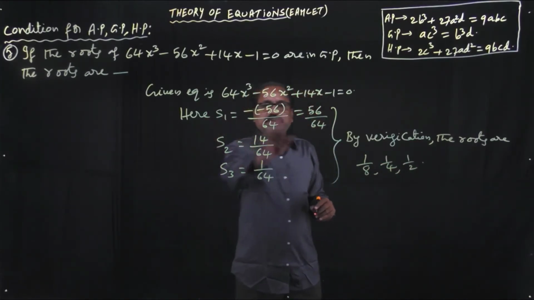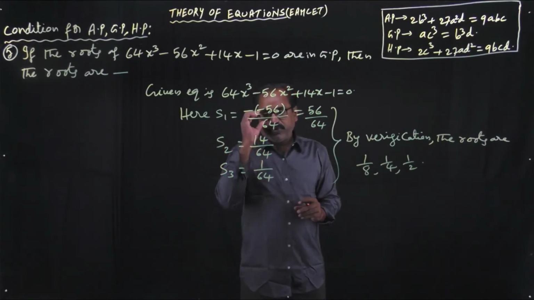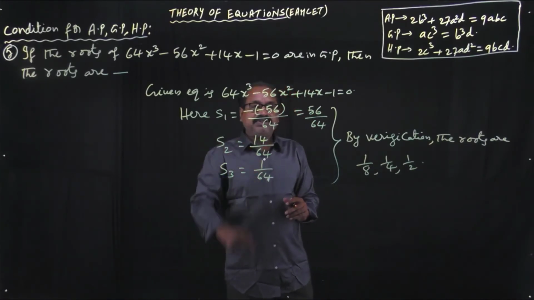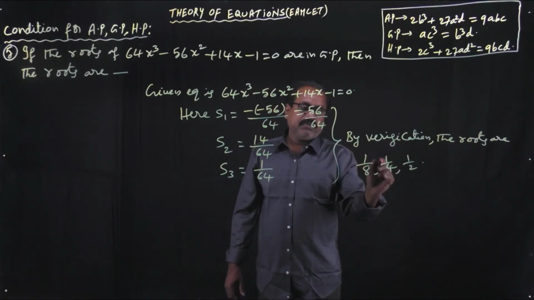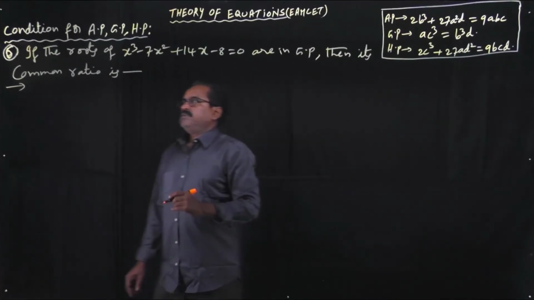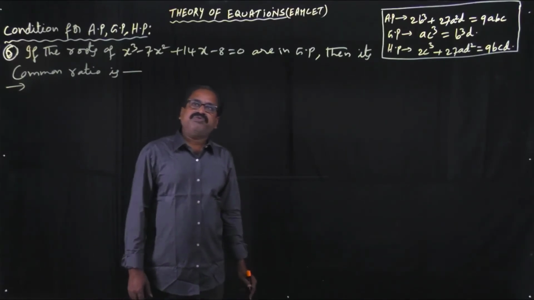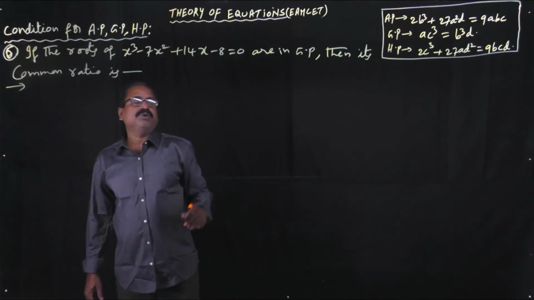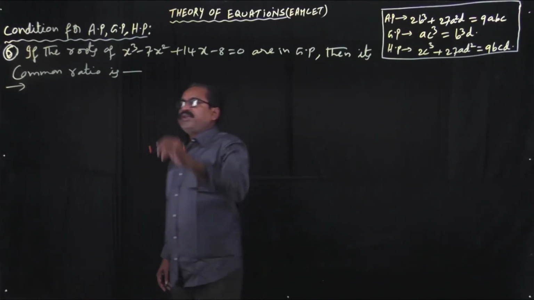So S1 is equal to 56 by 64, S2 is equal to 14 by 64 and S3 is equal to 1 by 64. So by verification, the roots are 1 by 8, 1 by 4 and 1 by 2. So sixth question is, if the roots of x cube minus 7x square plus 14x minus 8 is equal to 0 are in GP, then its common ratio is,